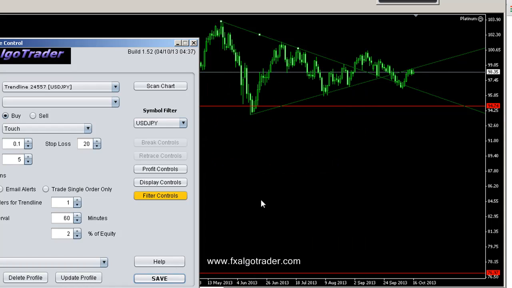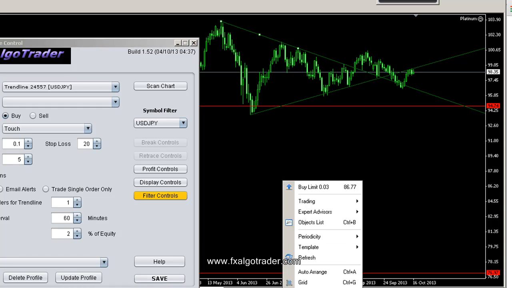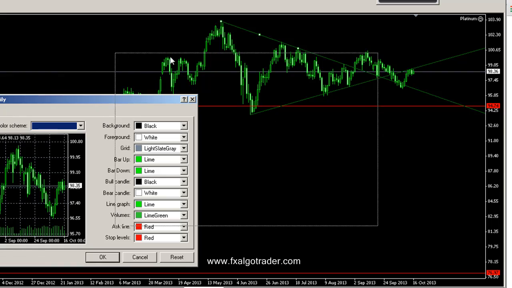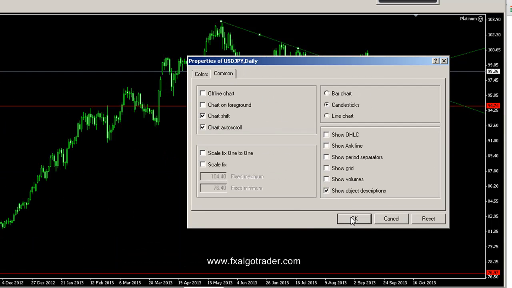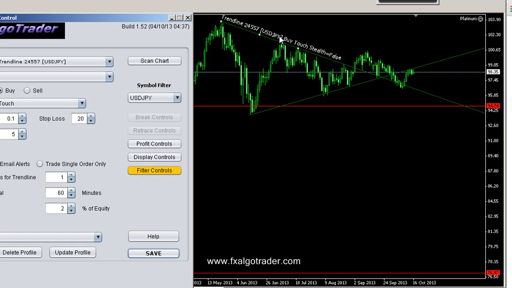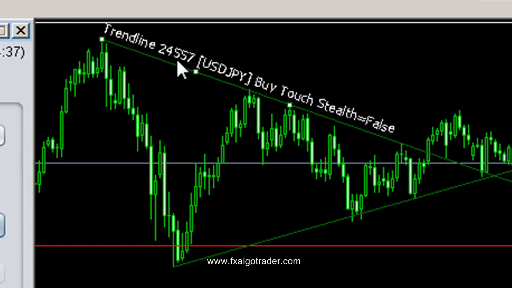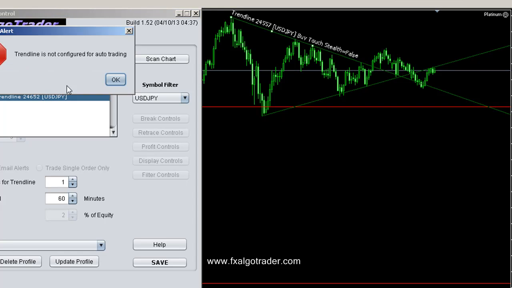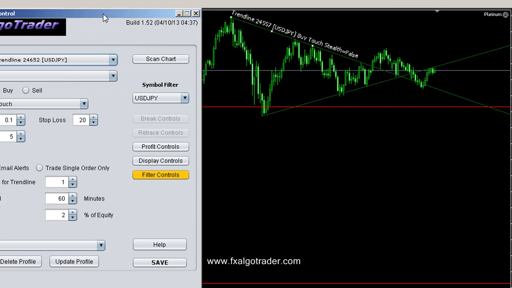So for example, if I save those settings and then just right click on this chart and show object descriptions, you can now see it's configured this trend line as 24457 US dollar JPY by touch. So, and in the same way, this trend line down here, which is 24652, I may want to configure this trend line